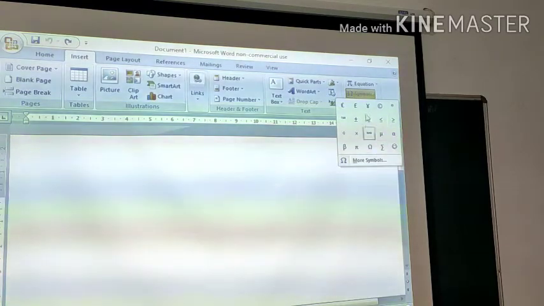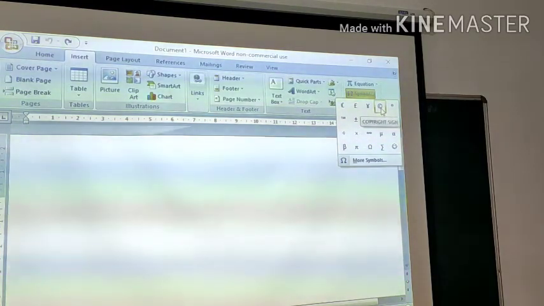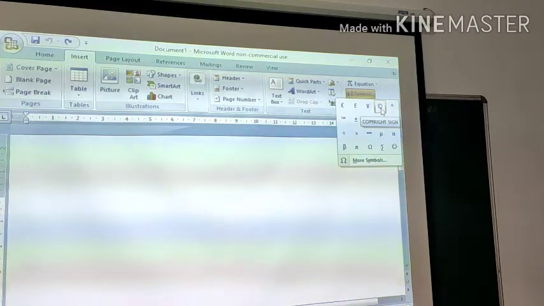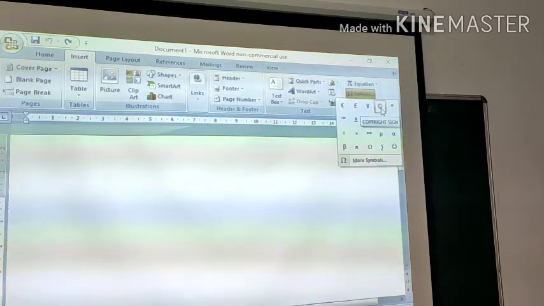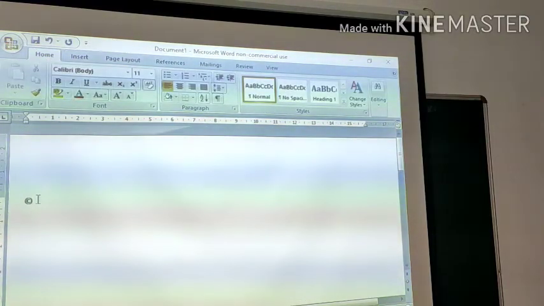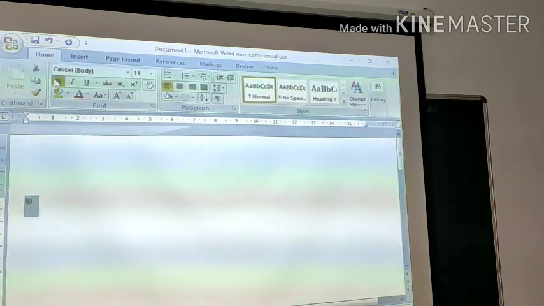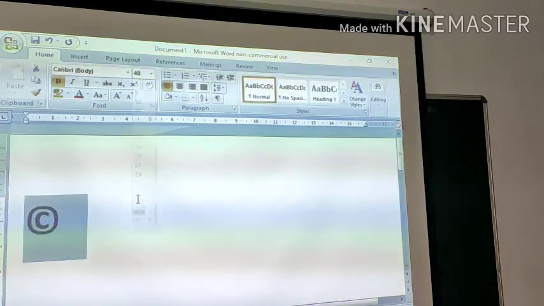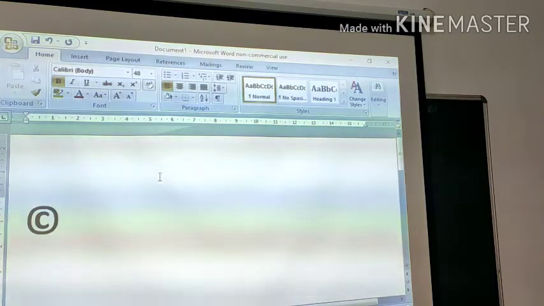There are lots of symbols, and select the symbol. Select the font, size, everything through which we can modify or insert the symbol.